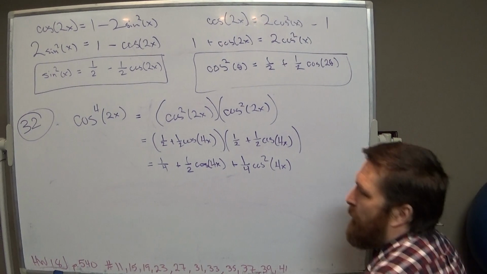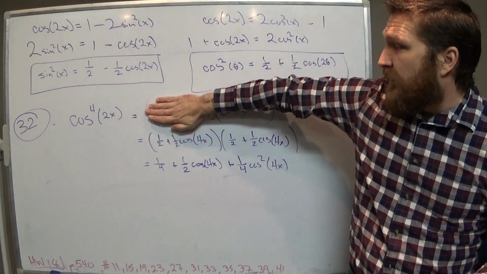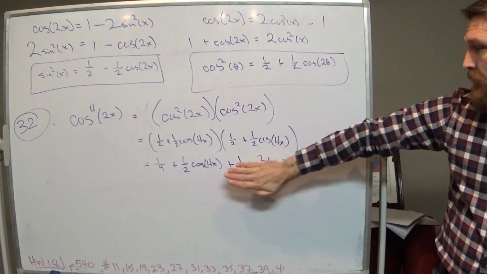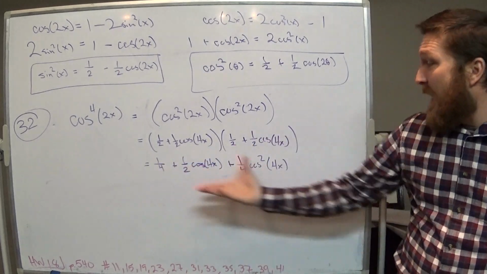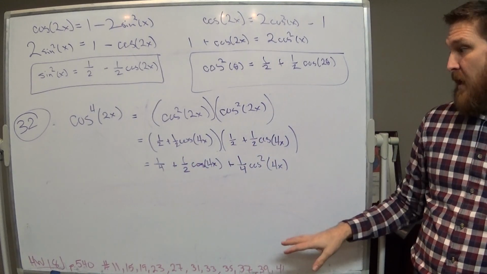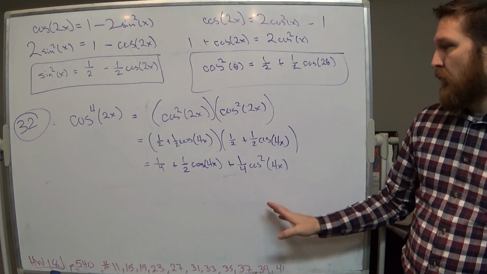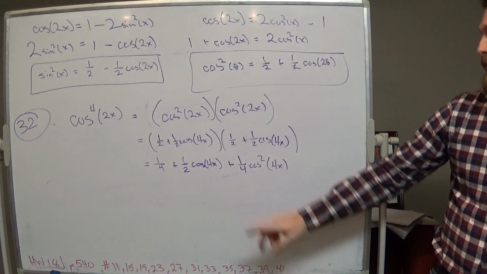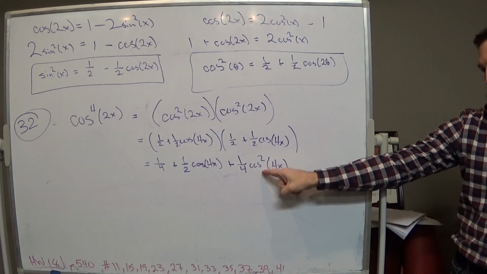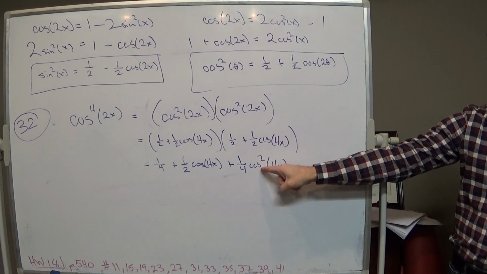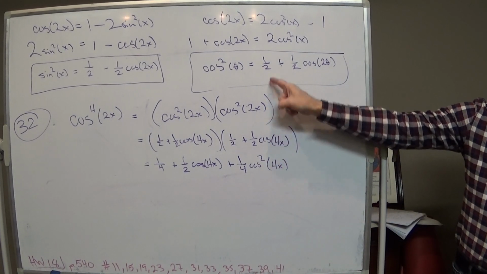It is a quadratic, but again, they're not prepping you to solve this for something. If it said this equals a half, then you could do that, and we'd be done. The idea is this question is prepping you for calculus, and at this point, if you try to integrate this, it's not going to happen, because that guy's there. So now we need to go another step, and we have to use our reduction formula again,